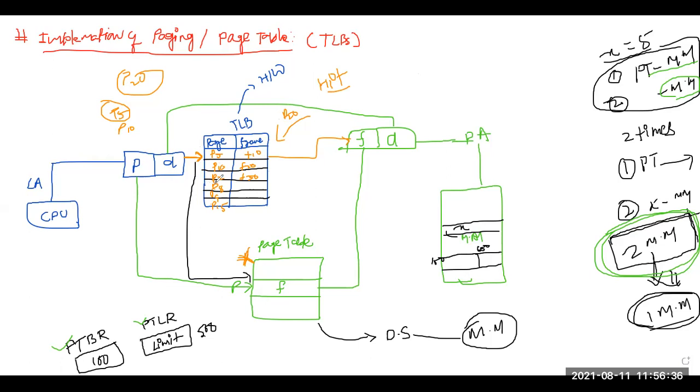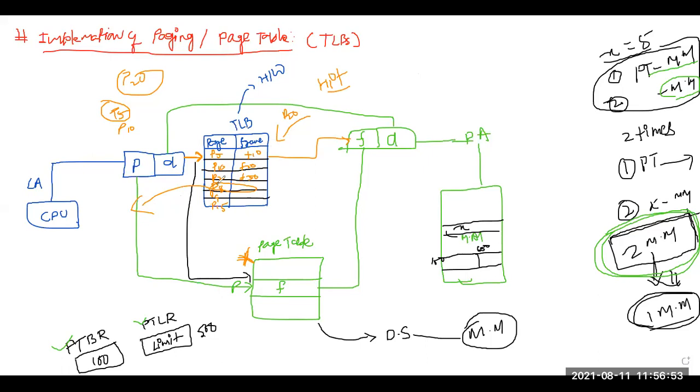That means it is not used for a longer amount of time. That means you have to pick one of the pages as a victim. Suppose I take this page 8. So I remove this page 8, and I will replace it with page 20. This is called context switching.